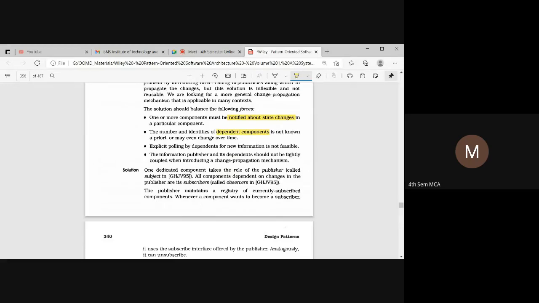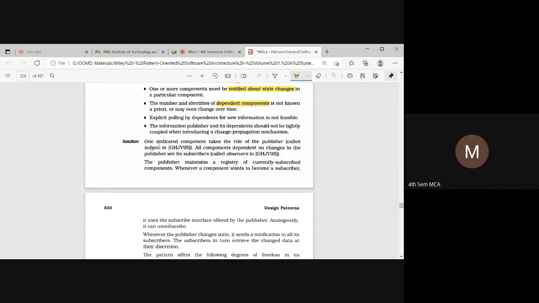All the changes are going to be notified to the different observers. So here in the solution, they have specified the role of the publisher and the role of the subscriber. So you can write it in a structured format.